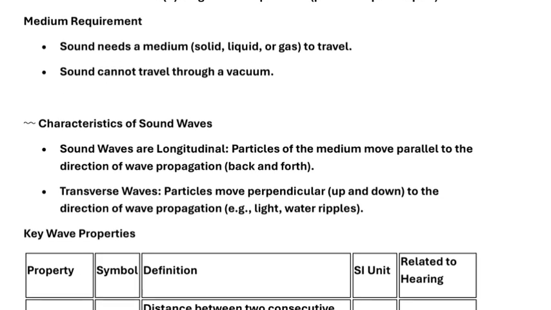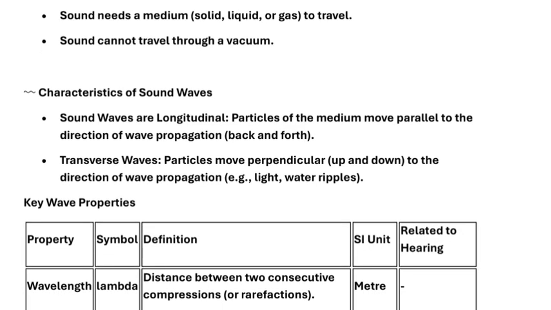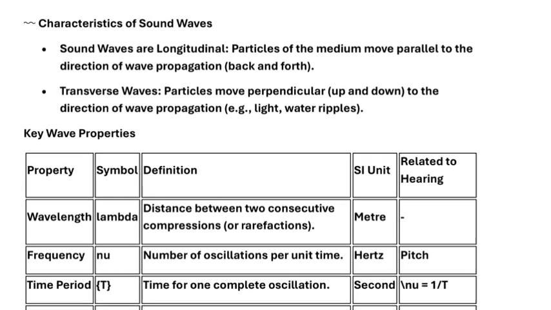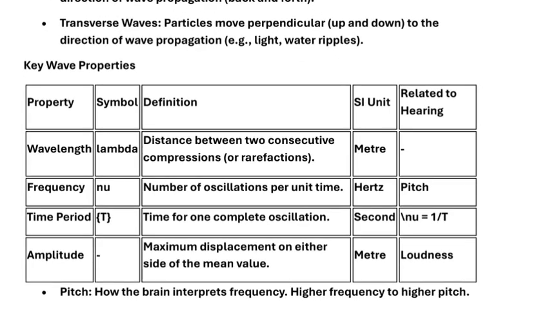Medium requirement: sound needs a medium, solid, liquid, or gas, to travel. Sound cannot travel through a vacuum. Wave characteristics: sound waves are longitudinal, particles of the medium move parallel to the direction of wave propagation, back and forth. Transverse waves: particles move perpendicular, up and down, to the direction of wave propagation, for example light,